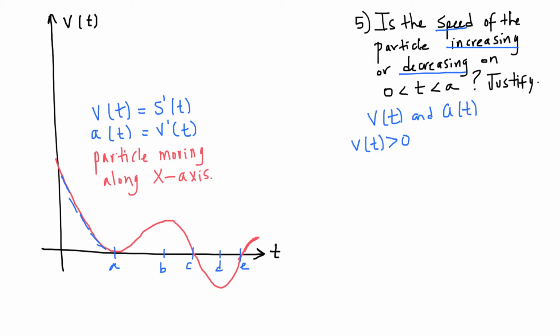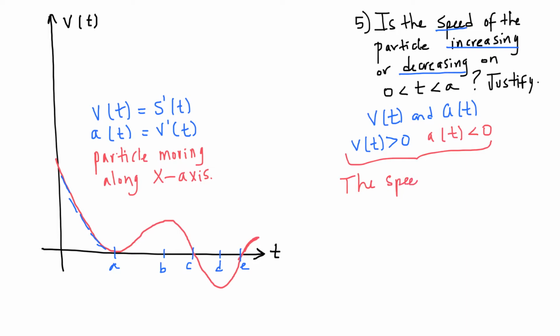Those look like negative slopes all the way from 0 to a. They seem to be negative slopes. So I'm going to say that acceleration is negative. And so if the velocity is positive and the acceleration is negative, or if they have different signs, then the speed is decreasing. Remember, we said it's almost like multiplying signs. So a positive velocity times a negative acceleration would be decreasing speed. So my answer,